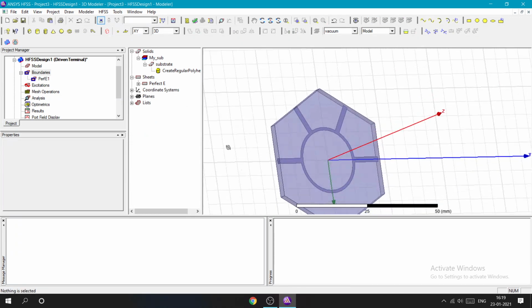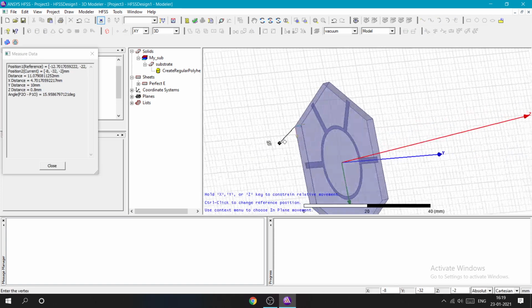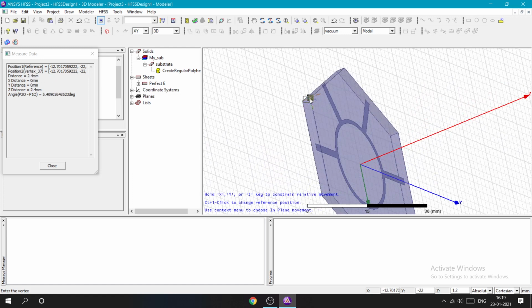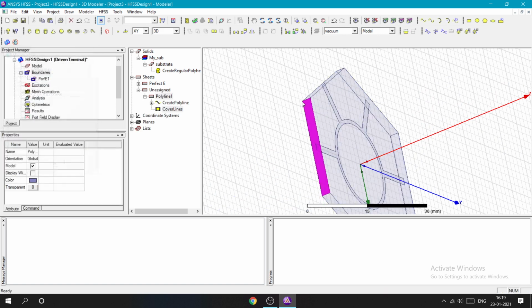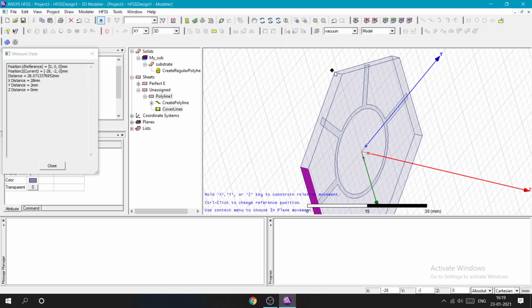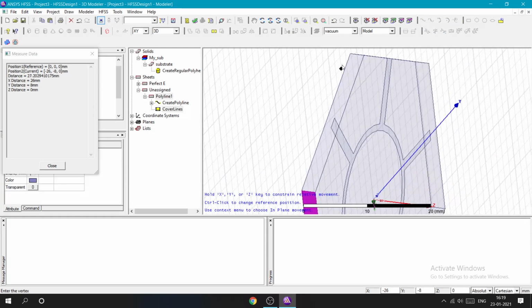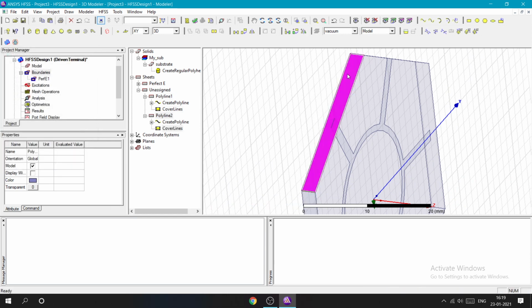I will start from here, 1 2 3 4, reached the initial point. 1 2 3 4, double click.